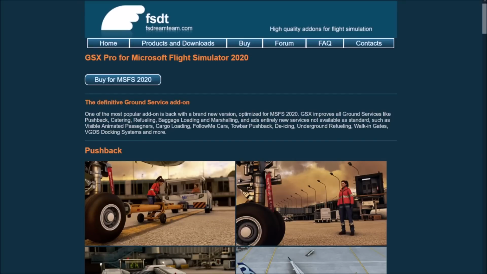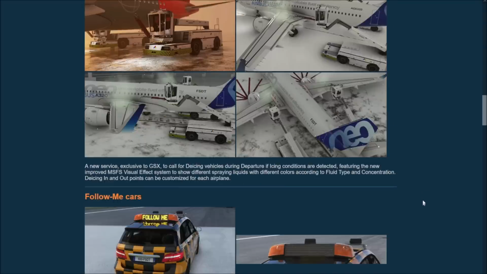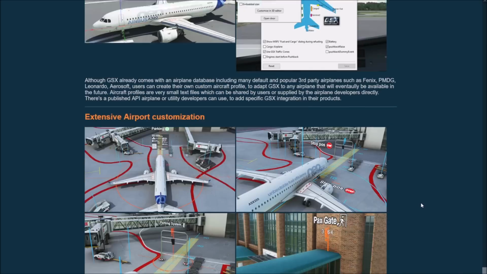I'm Emmanuel, I'm an airline pilot, and today we need to talk about GSX Pro for Microsoft Flight Simulator 2020. The self-proclaimed definitive ground service add-on, one of the most popular add-ons, is back with a brand new version optimized for Microsoft Flight Simulator 2020. And if we go a little bit further down,